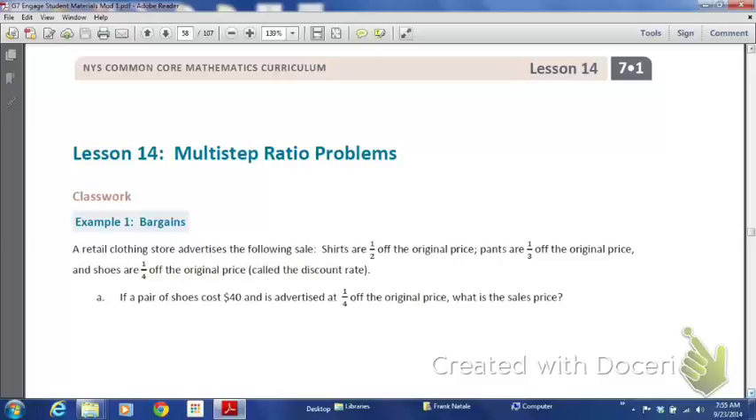Welcome to Lesson 14, Multi-Step Ratio Problems, in our continuing study of ratios and proportional relationships. I would like to take our time with this section as it introduces the concepts of markdowns, markups, commissions, discounts, discount price. These are topics that often confuse students,